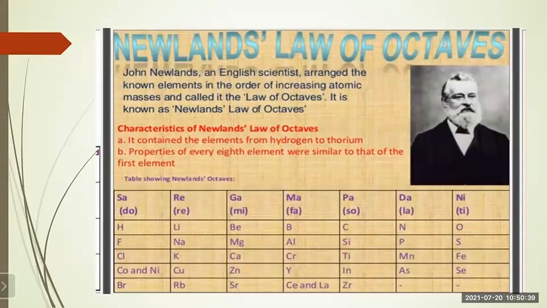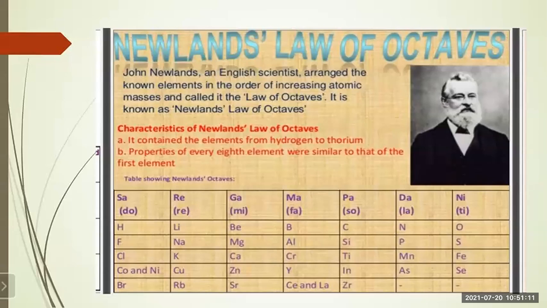So what does this mean? It means that the notes repeat after completion of one Saptak, right? Even if you consider Western music, the notes are do, re, mi, fa, so, la, ti. The note do, having double the original frequency, comes again at the eighth place. So this is the octave of the note.